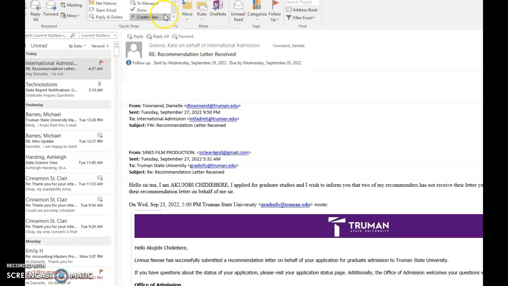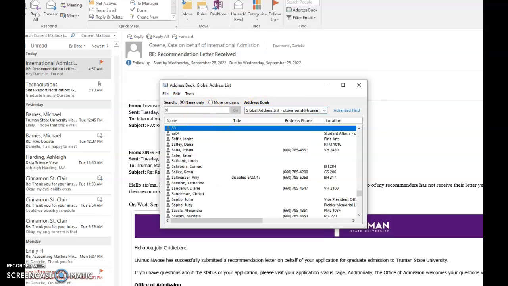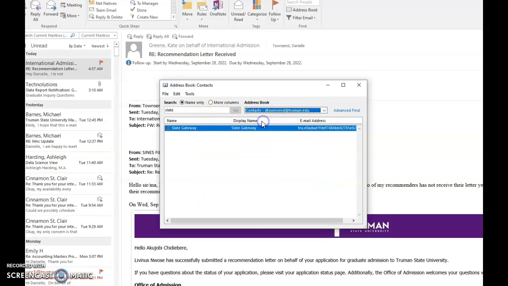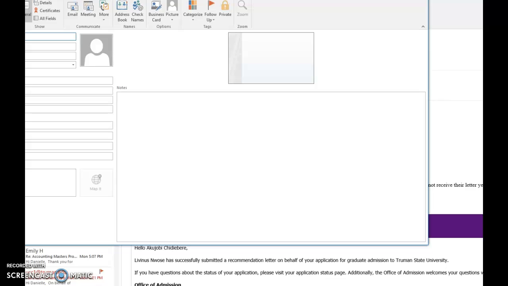Let's see. Address book. And so you do edit, no, not edit, Slate. Well, how do you add a new one? Oh, file, new entry, new contact, put it in my contacts, okay, and then put Slate Gateway, and you probably